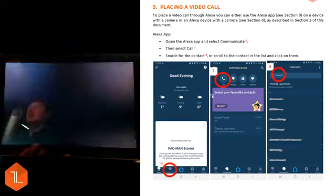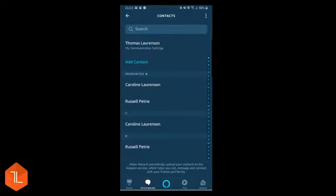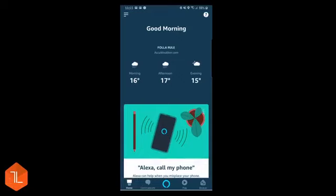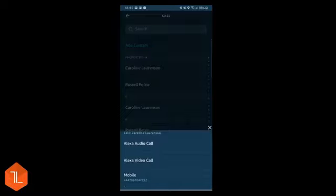So you can do it as well on the app itself. If you don't have a device but someone you'd like to talk to or see has a device, you can use the app. I'll go back to the beginning to show you it. So if you go into the Alexa app, click on communicate at the bottom again, click on call. You can search for a person. I've only got 2 contacts at the minute. You can then click on the contact. You get the option whether you want to just do an audio call or a video call. If you click on video call,